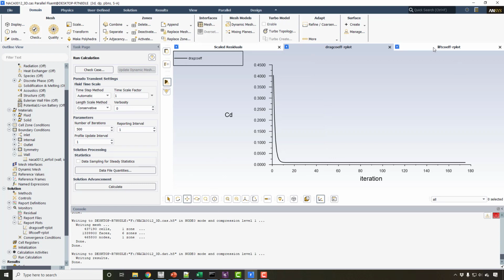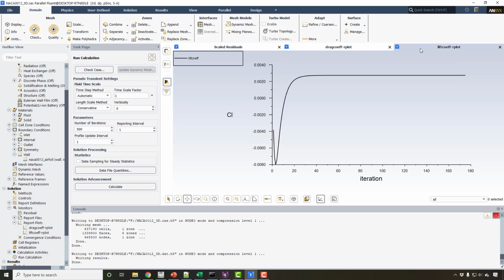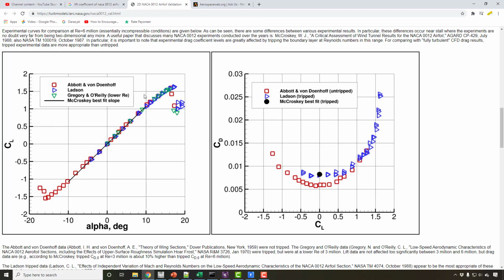But before that I want to make a last comment on this video. The lift coefficient should be 0. It should be 0. Why? Let me show you. This is from NASA's website, and you can see that we have the drag coefficient and the lift coefficient against angle of attack, which is alpha, and so CL, and this is CD versus CL. And this is Reynolds number at 3 million, and you will see that